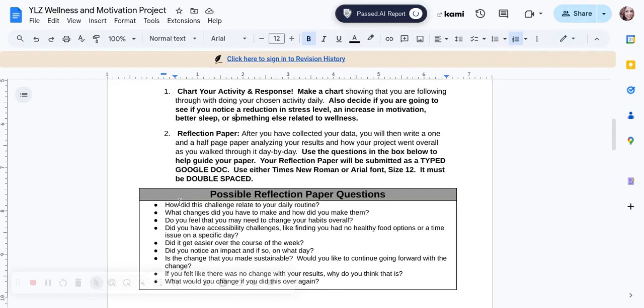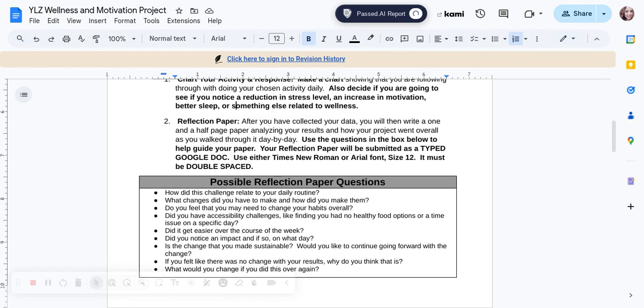You do not have to address every single one of these. You can address a couple of them, just whichever ones make the most sense or speak to you or help you write the reflection, but that can be helpful is what's in that box right there. Please pay close attention to these parameters. The reflection paper will be submitted as a typed Google document. You're going to use either Times New Roman font or Arial font, size 12, and it does have to be